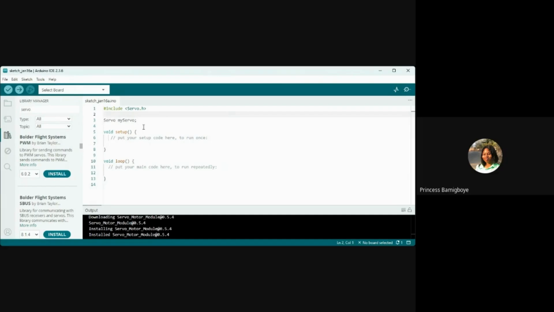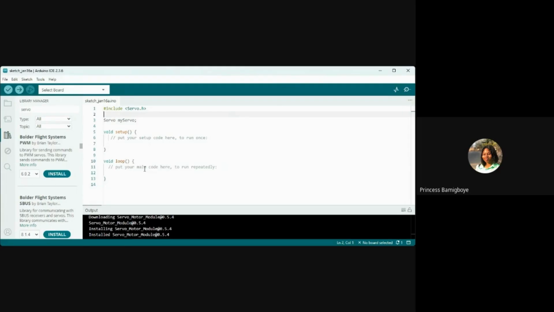This is what happens in the void setup. The void setup is mainly for calibration. Like if I want to calibrate, I want to tell it to activate the serial monitor, and that these pins, these components, are connected to so and so pin, and this pin is an output device. Like a servo is attached to a pin. Basically, for calibration, you start your generator. That is calibration. I've turned on my fuel pump and my generator. Calibration, void setup. It runs only once. You only have to do it once.